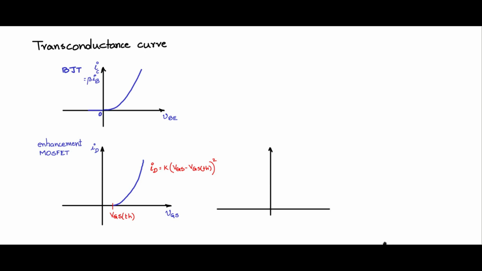Now let us compare this with another family of MOSFET, where again I am going to use VGS as the x-axis and ID as the y-axis, the transconductance curve. And let us say we have something like this. You would have seen this type of transconductance curve. This is actually called the depletion and enhancement. So here, the tick mark indicates VGS off,